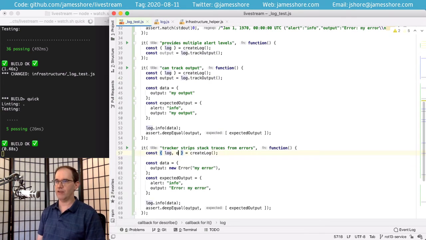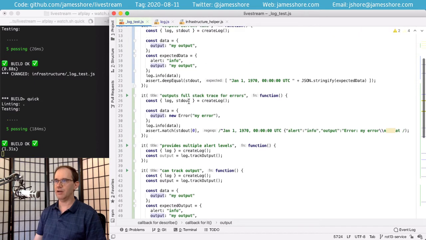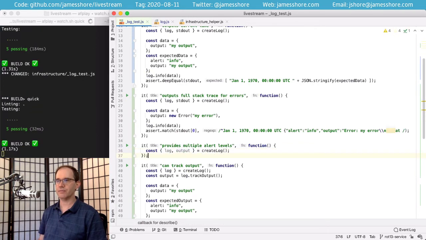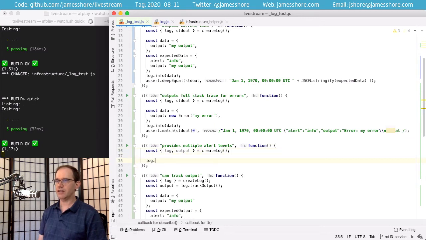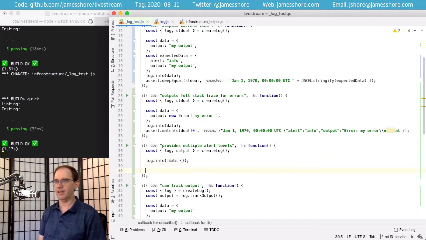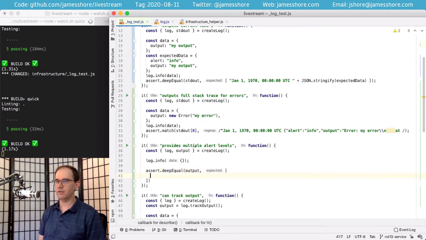I can just grab the one that we got from create log. And then up here, in our multiple alert levels, I'll use the one that's provided to us by create log as well. And now what I can do is say log info, and I don't care about the data in this case. And then I'll assert that our output is equal to alert info. And this should work.